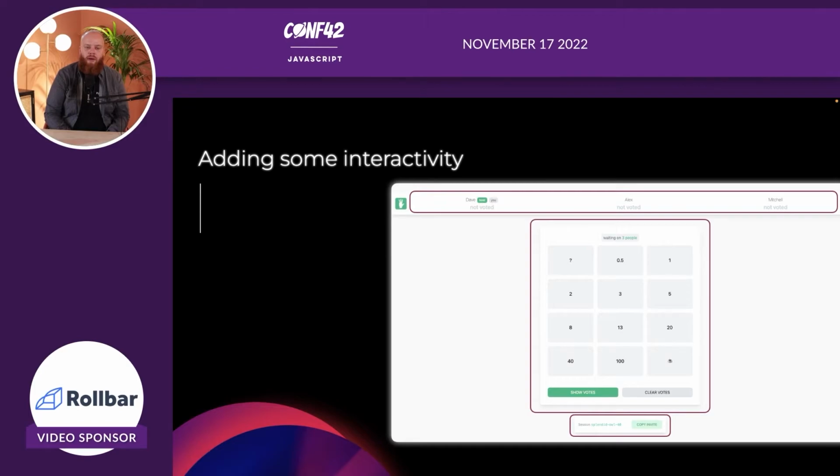So we need to also add some interactivity now. At the start, nobody has voted, but we do want to do that. And this is usually where we tend to reach for client-side JavaScript. We see a bunch of buttons, we see a grid of votes, and it's like, oh, okay, we'll need state and somebody's active vote, and I need to keep everything in sync and whatnot.